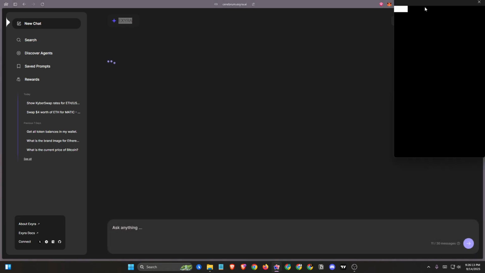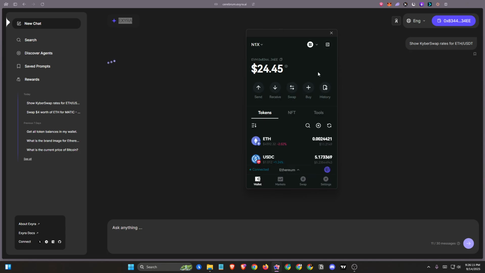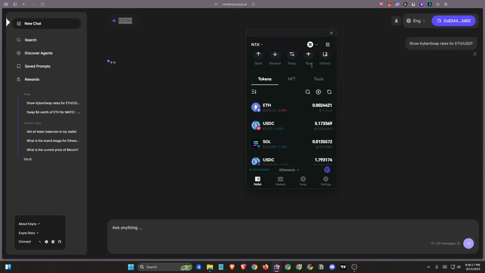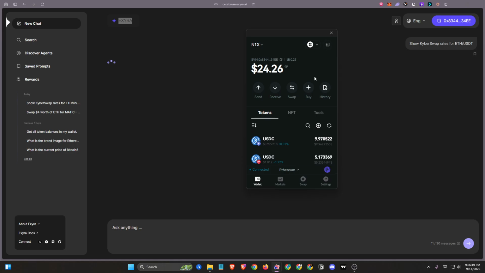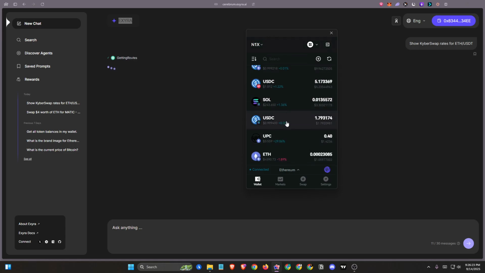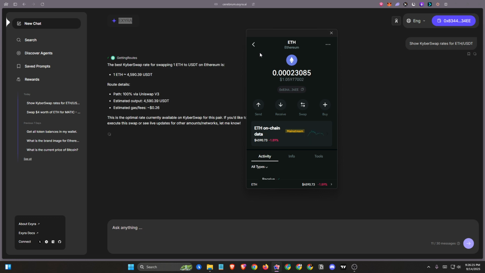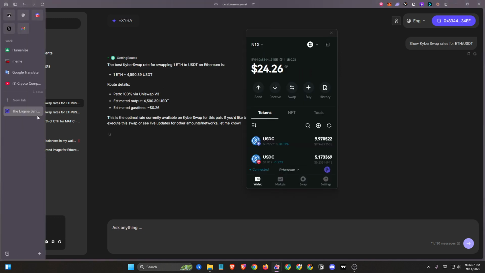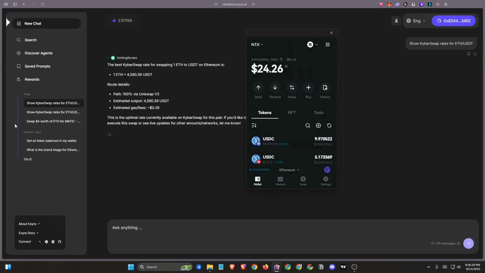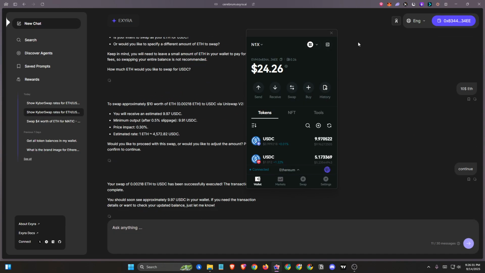Okay, my balance currently... my swap from 2 minutes ago. This is Ethereum to USDT. Okay, my Ethereum balance just 2 minutes ago. Okay, this is my